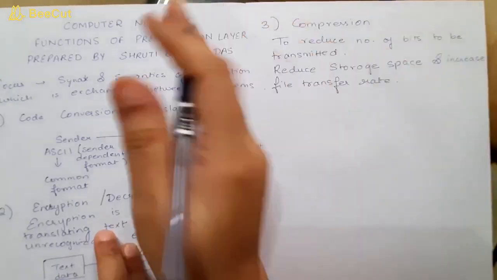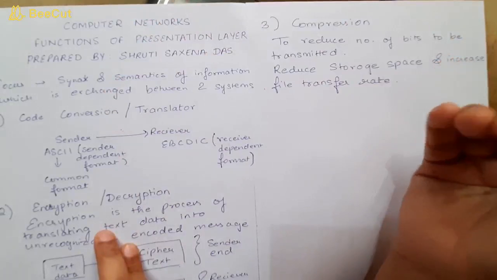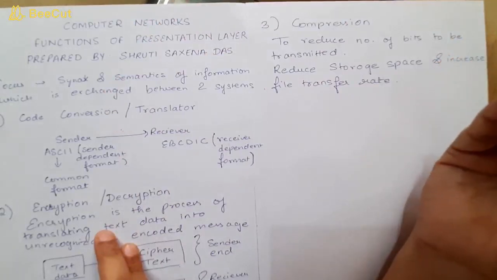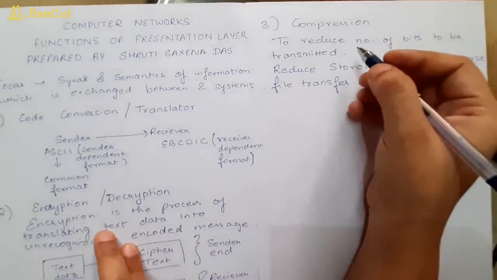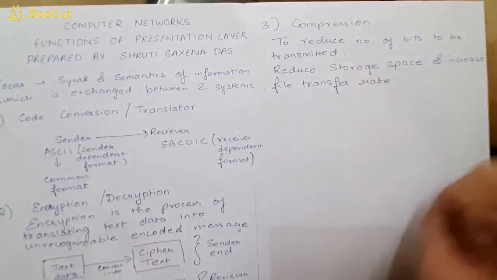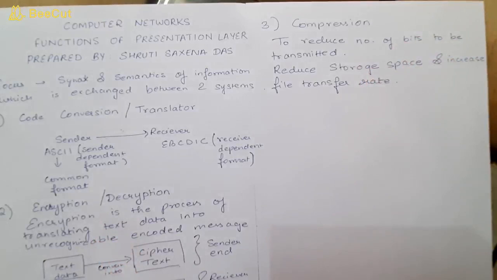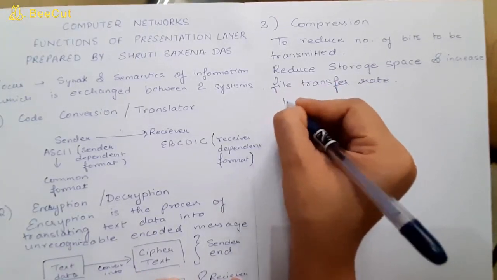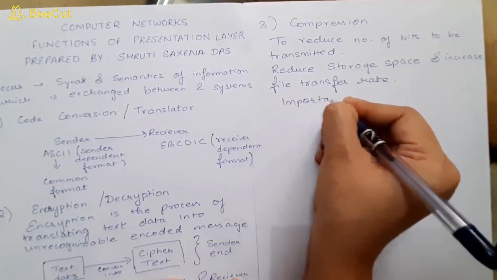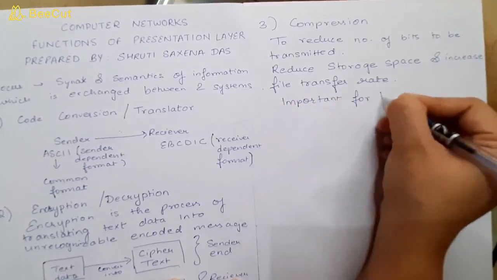So when data is sent from sender to receiver, whenever you are sending any multimedia data, any audio, video clip, or something of big size, it is better to use compression, so that the size will be reduced, and if the size is reduced, then the file transfer rate will increase. So that is the purpose of using compression. It is a function of the presentation layer, and it is important for transmission of